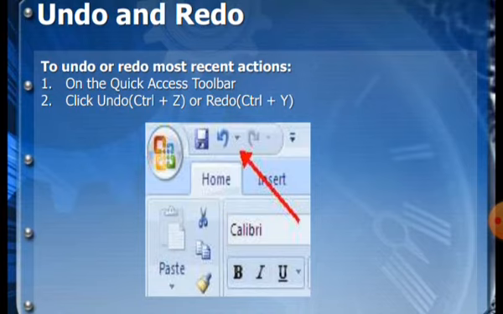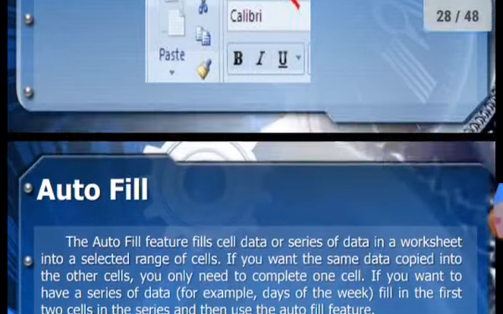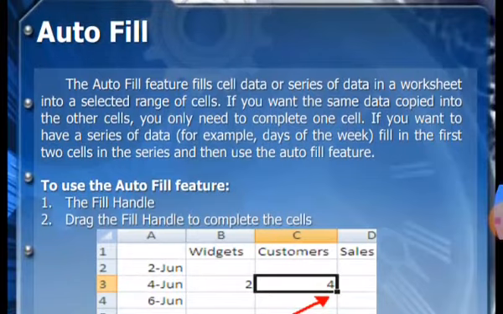The first step is on the quick access toolbar, click undo or redo. These are the icons shown on the screen, but there is also a shortcut for that. Control Z is undo and Control Y is redo. So you have to select that. Now move forward.